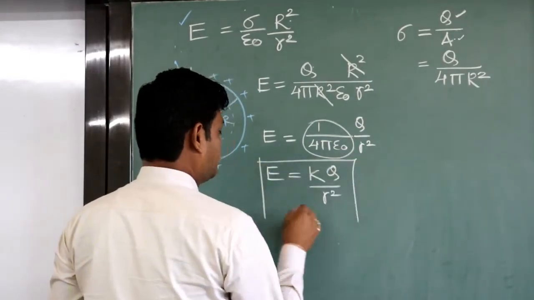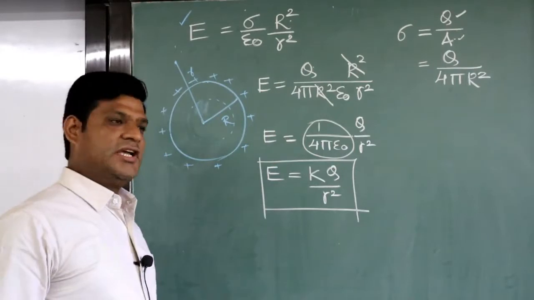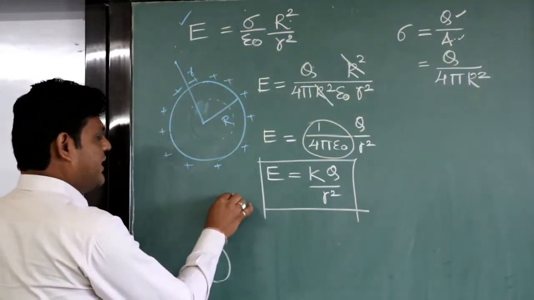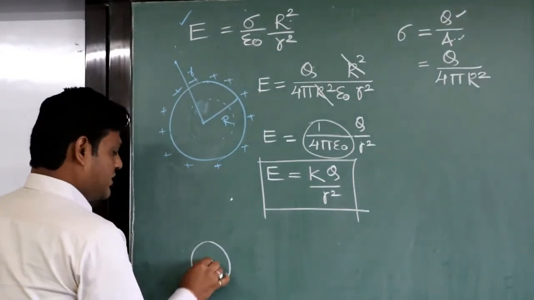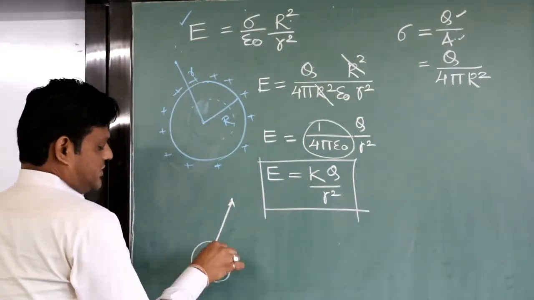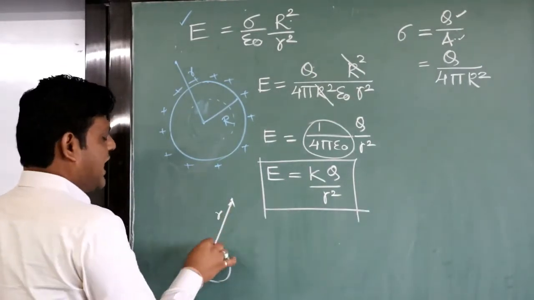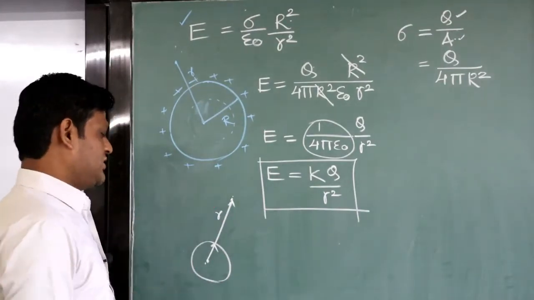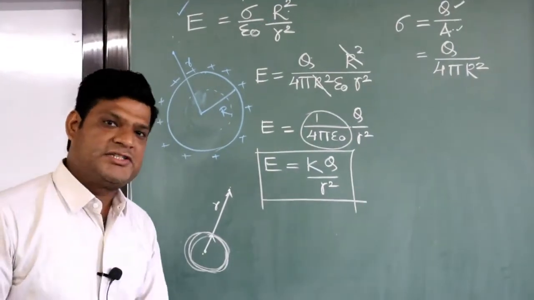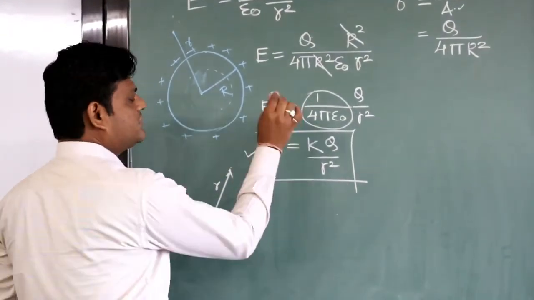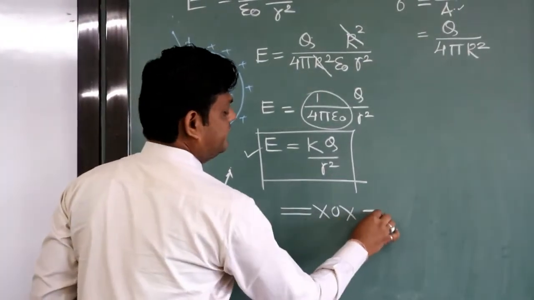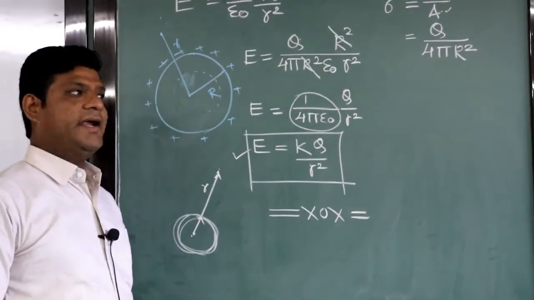It is also the equation of electric field due to the shell. Suppose if it is a shell and the point is over here. So the distance r is very large as compared to this radius, or we can say that suppose this r is very large distance, at a large distance from the shell. At that time this shell can be considered as a point charge system, right? And you can use this formula, right? So this was the third application that we studied, right?